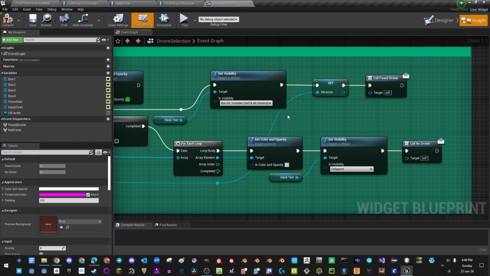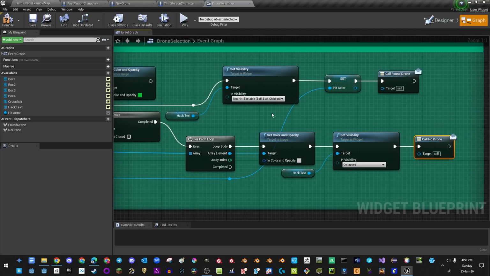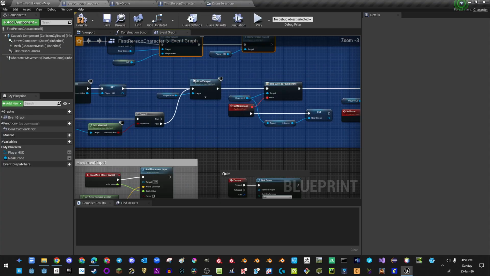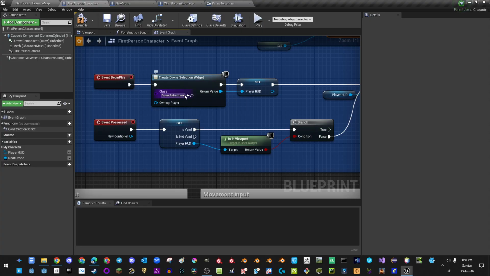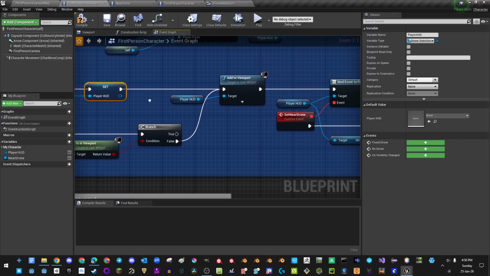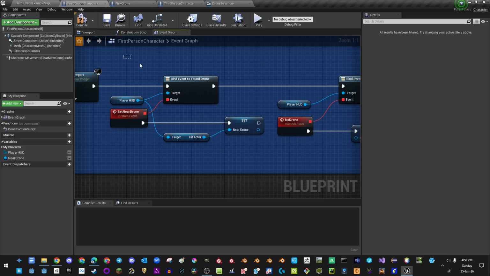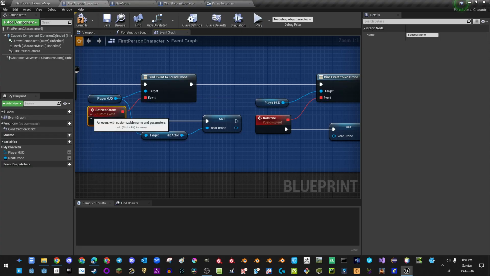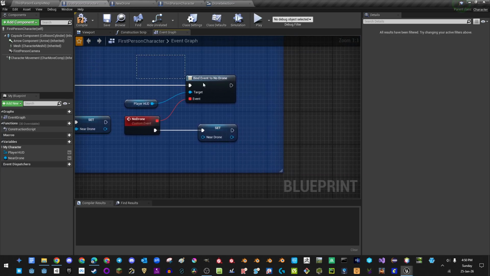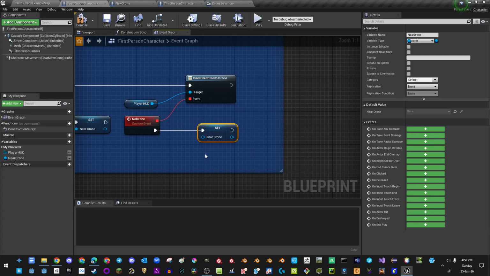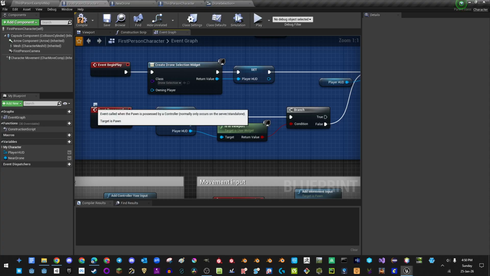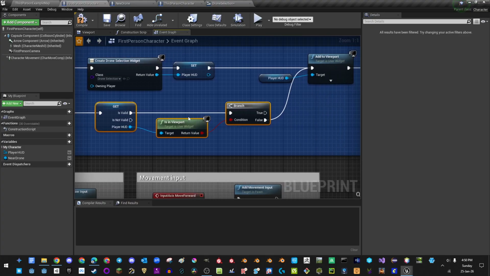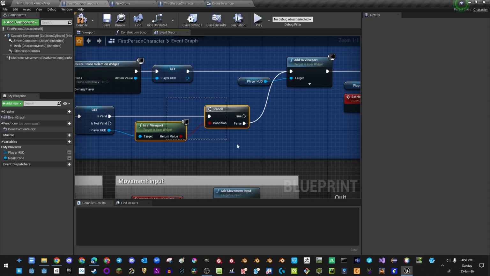And then what we're actually doing is we made some dispatchers called found drone and no drone. Since the player is the thing that spawns in the widget, and it has a reference to the HUD, we add it to the viewport, and then we bind our own events to these event dispatchers. So if you found the drone, go ahead and call set near drone, and we are going to get a reference to the drone that we're looking at. And if there's no drone, then set the near drone to nothing. And if the player gets repossessed, turn the HUD back on,